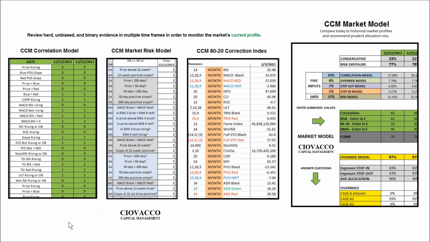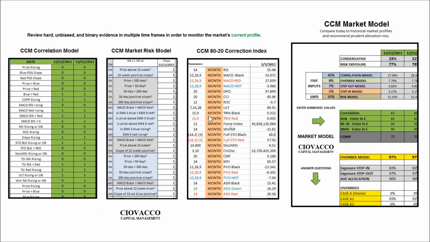How do we track all of this and convert it into a usable and actionable format in a reasonable amount of time? The submodels, we answer binary questions, some of them manually done, some of them programmed in Excel, and we also enter in unbiased and hard data. The submodels allow us to get a handle on the market's current profile, and the master CCM Market Model then